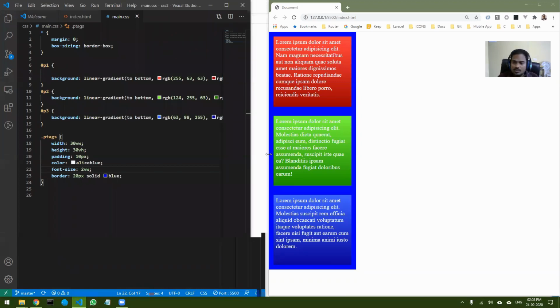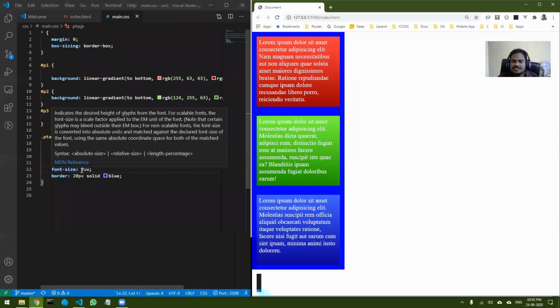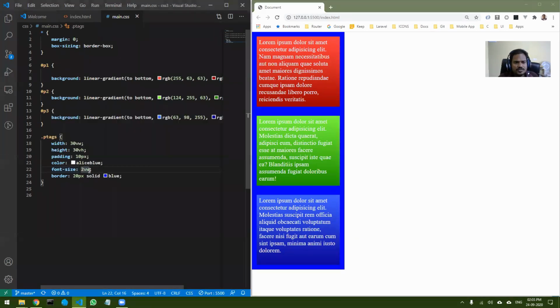It is keeping on going down. Okay. So in that case, what you can do is there is a function called clamp. Okay. So this clamp can be used anywhere that you like. So how to use that, I will show you. For that, what you have to do is set clamp. Wherever you are going to set a dimension, you can set clamp, and clamp function takes three inputs. The first one is minimum, the last one is maximum, and in between you can use a fluid mechanism.